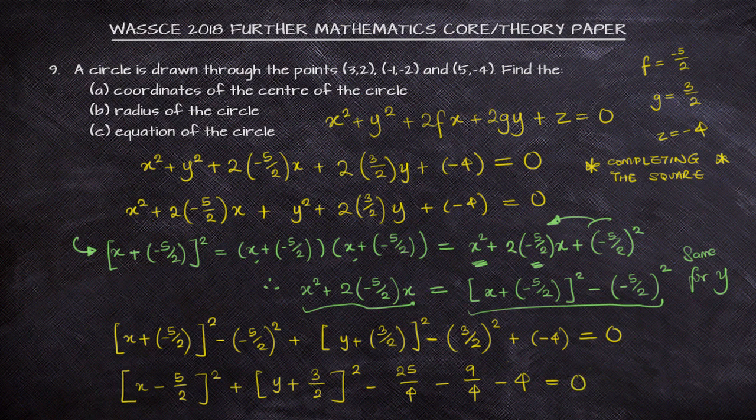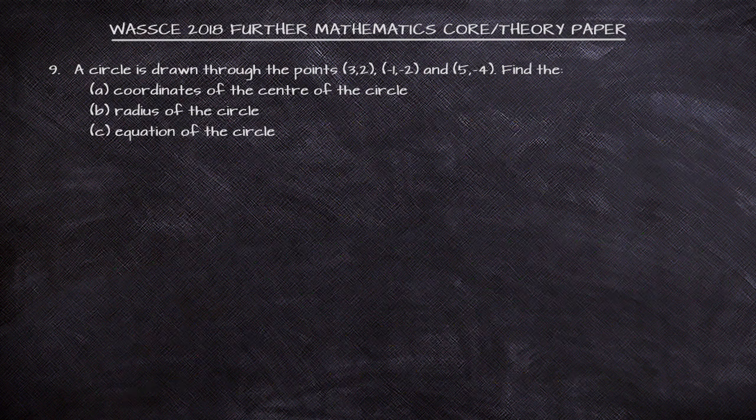And I'm doing this because I want to revert back to the standard form of the circle equation so that we can get the coordinates and the radius of the circle. So having this, we can clear our board and write out our equation as desired. So here, that means we have x minus 5 over 2 all square plus y plus 3 over 2 all square is equal to, when we move all the other constants to the right hand side,